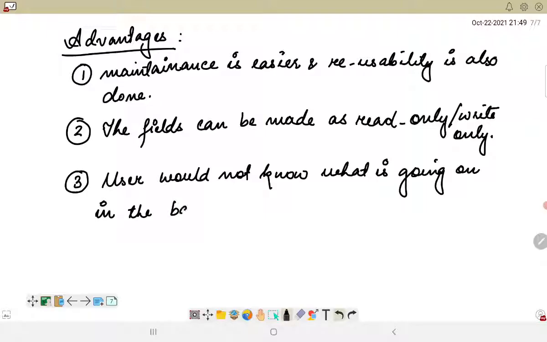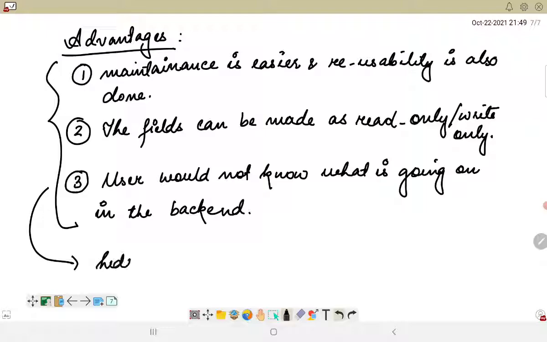So these are the three advantages basically, and all of them point to just one thing, which is that it hides the data. Okay, so we will never be able to work with the data which is mentioned as private, and this entire mechanism is known as data hiding.